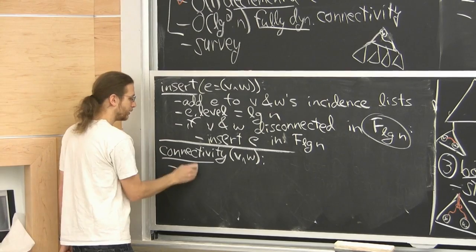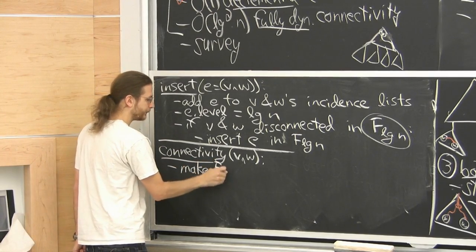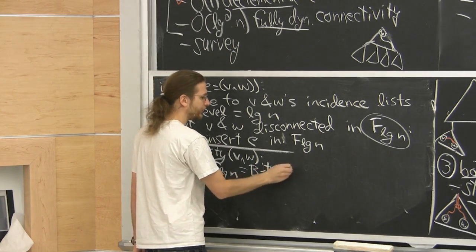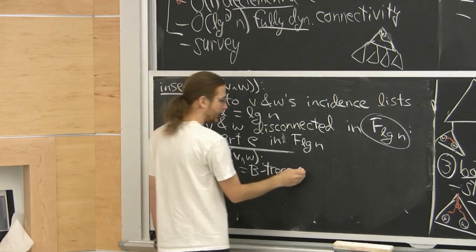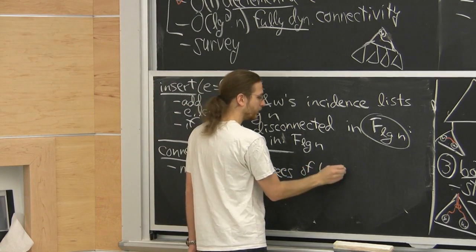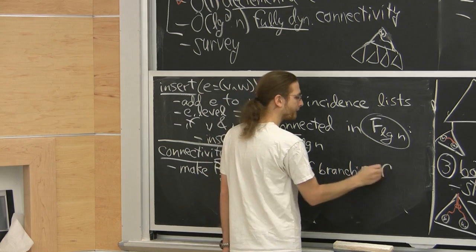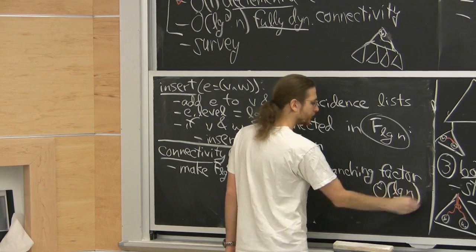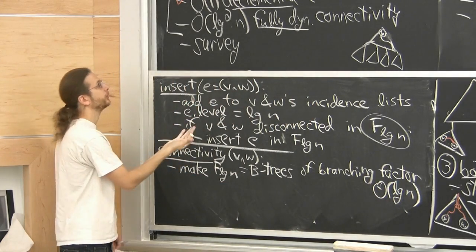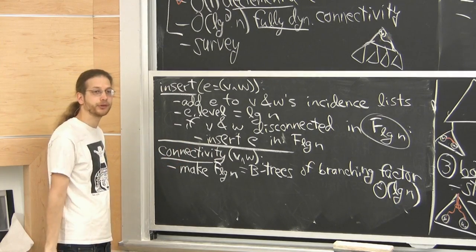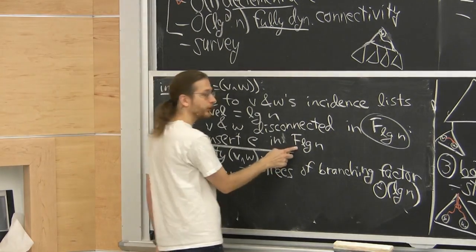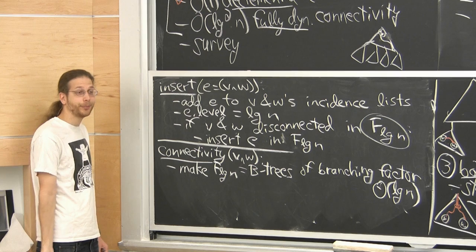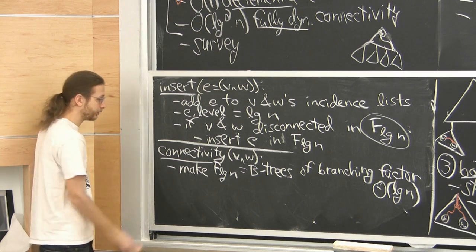So I want to make F log n equal to a B tree. Actually, it's a bunch of B trees, one per connected component, of branching factor log n. I guess it's a B tree, so I have to have some slop. Theta log n, let's say. Usually we said with Euler-Tour trees it was a balanced binary search tree. I'm going to make this particular forest use a log n way B tree. This is going to slow down updates, but it actually speeds up queries.